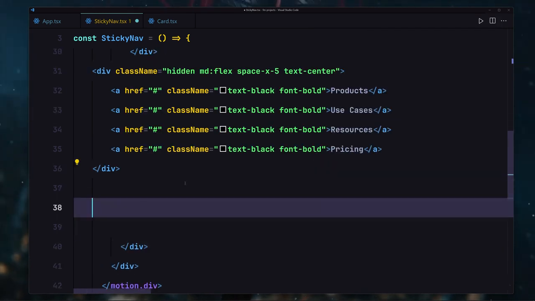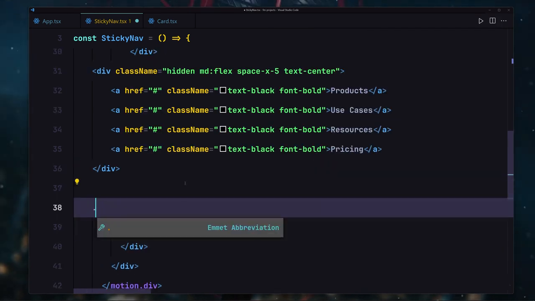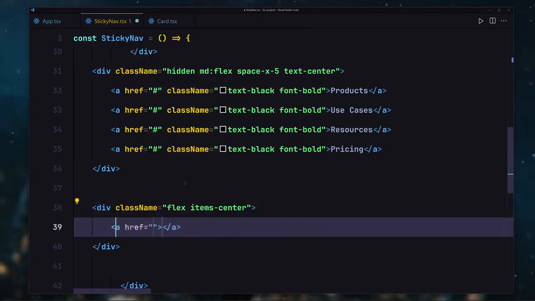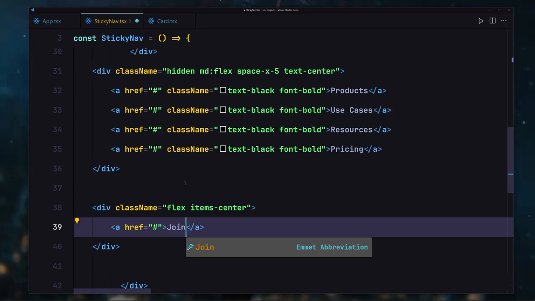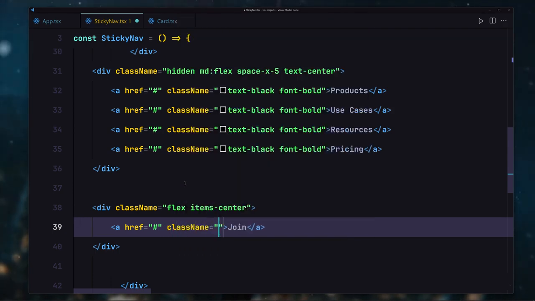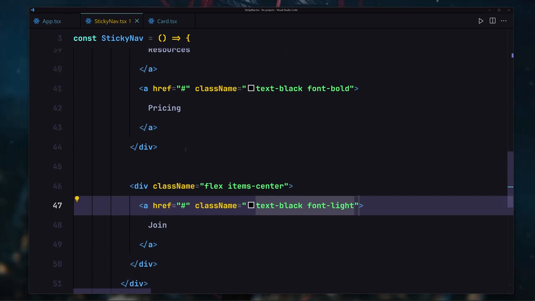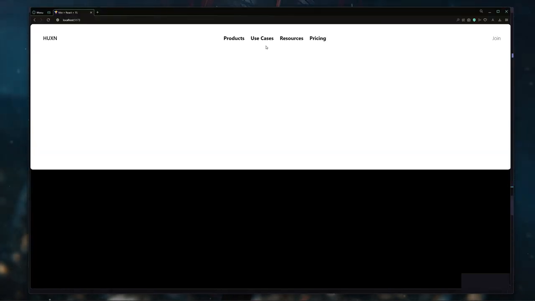Now underneath this div, we are going to be defining a div. So let's just write flex, and it's going to be set to items totally center. Inside there, I'm going to create my anchor tag once again, which will take this pound symbol, and I'm going to say join. I'm going to also provide the class of text totally black and font of totally light inside there. So now let me just save my file, and here you can see we're now getting this amazing